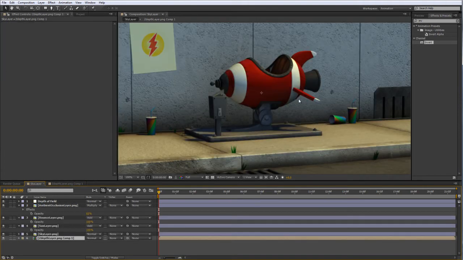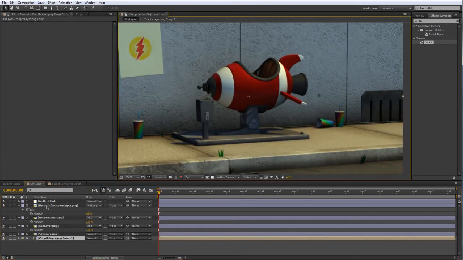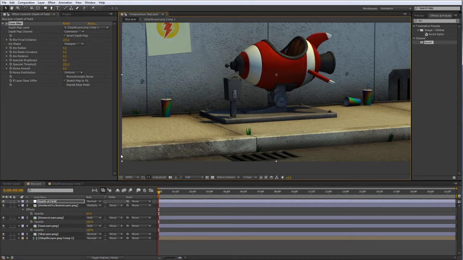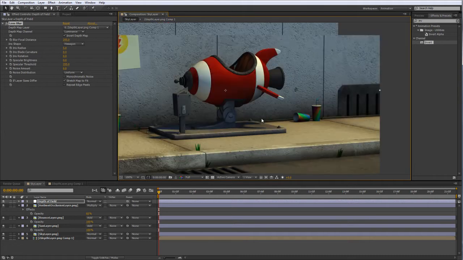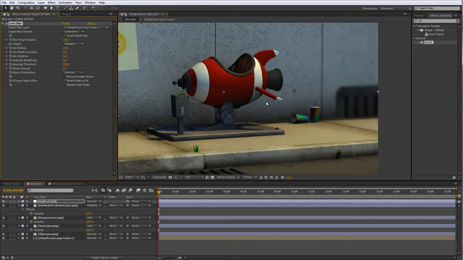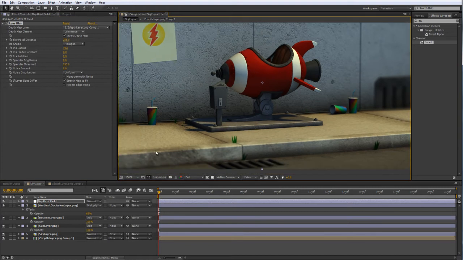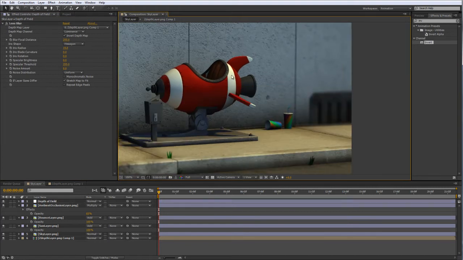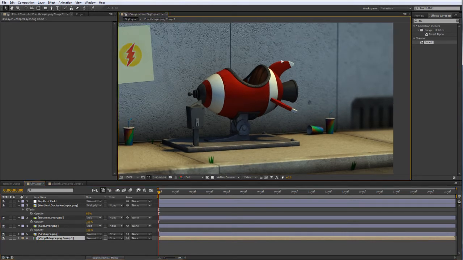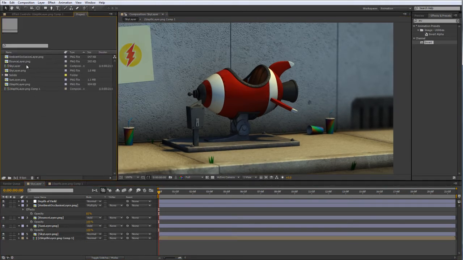So let's go ahead and go back into our layer, and hit invert since now the rocket's in blackness. And you can see that we've got a subtle blur here and a subtle blur back here. So we can start to now dial that iris radius blur, which is the essential blur. And now you can see that the rocket's in focus and it's blurred down here and blurred back here. So you can use that depth map pretty nicely. Another way to use this depth map is